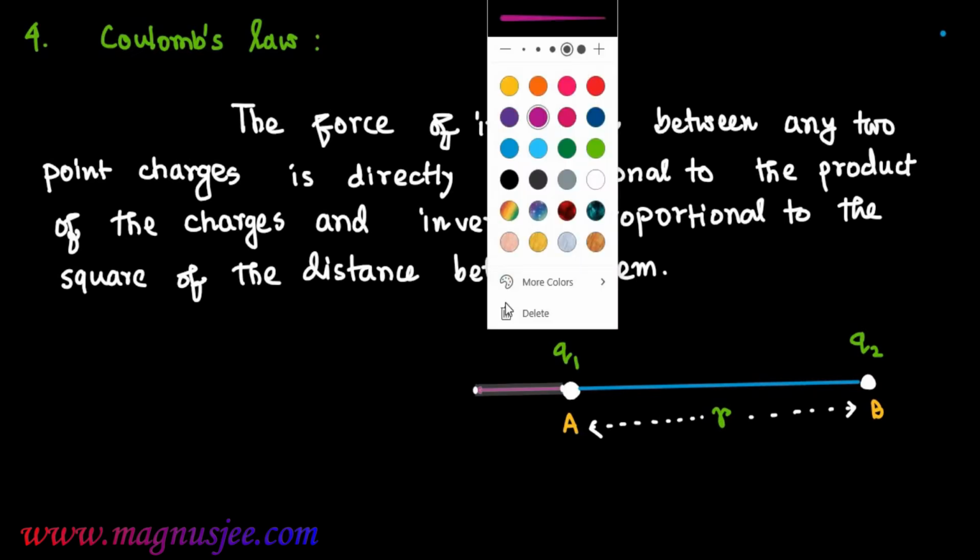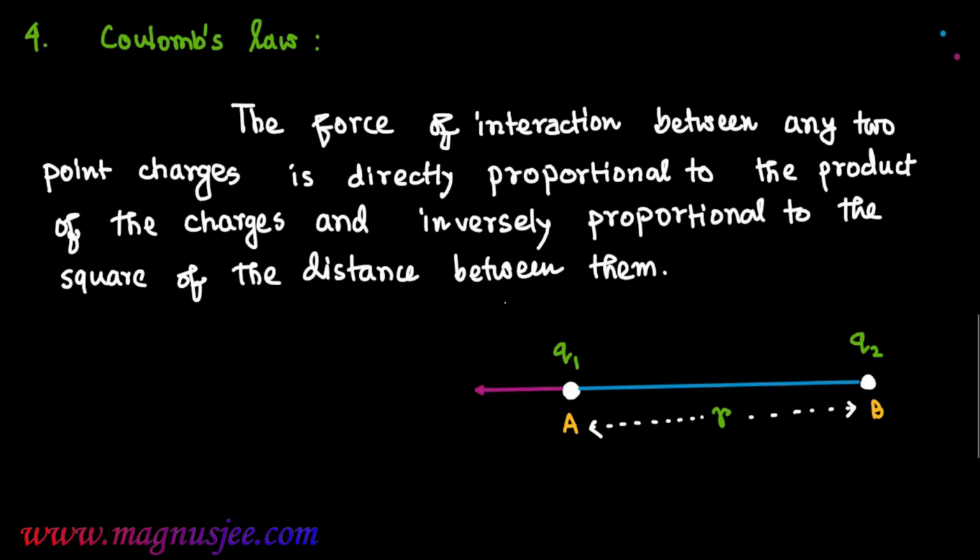In this case, the point charge Q1 experiences an electrostatic force of repulsion F12 due to the other charge Q2. We can assume that these two point charges Q1 and Q2 are like charges. That means they have the same sign and experience an electrostatic force of repulsion. F21 is the force experienced by Q2 due to Q1, and here the two point charges are like charges. That means Q1 times Q2 will be greater than 0.